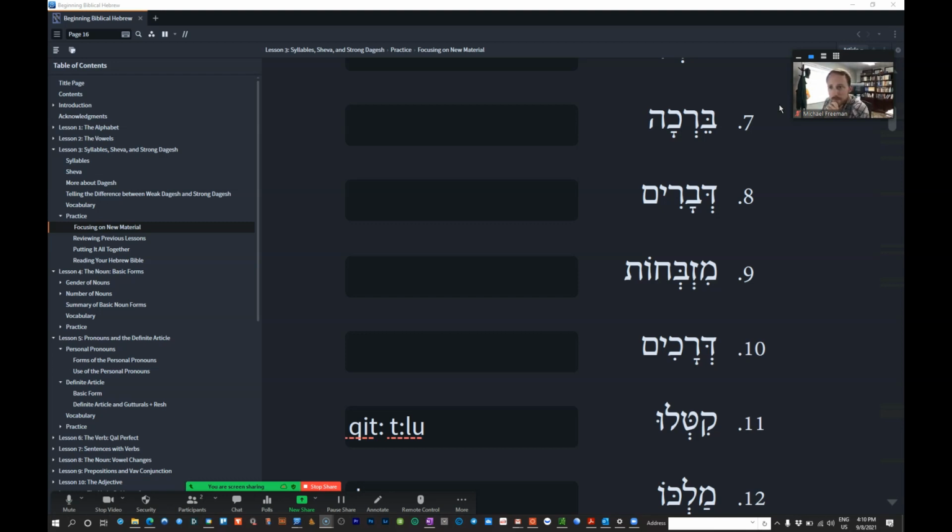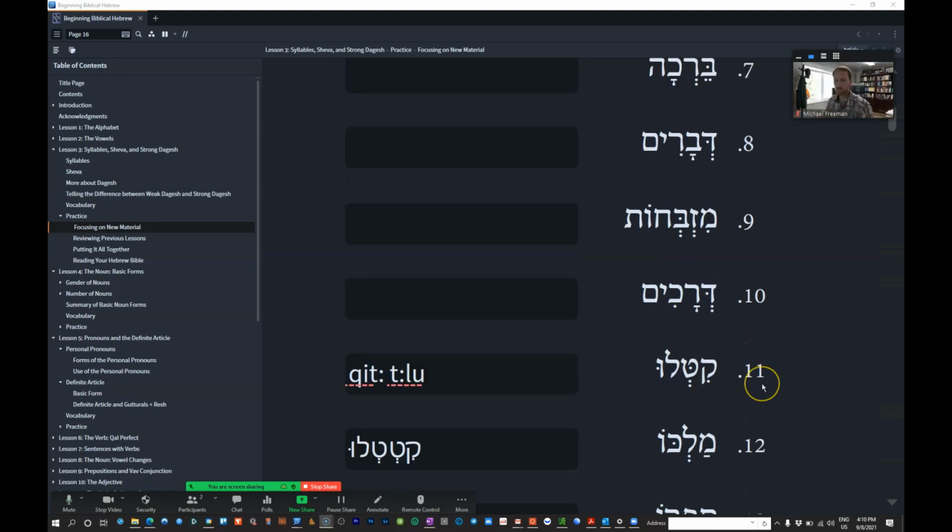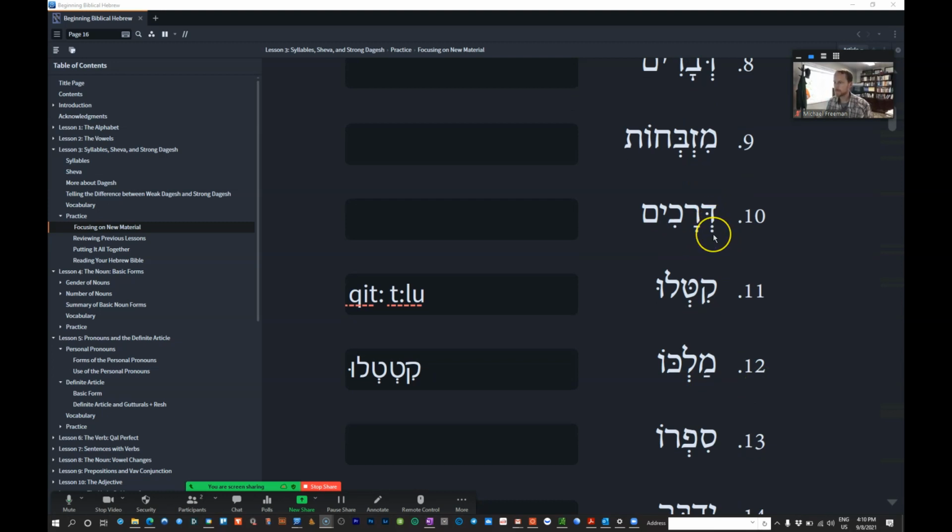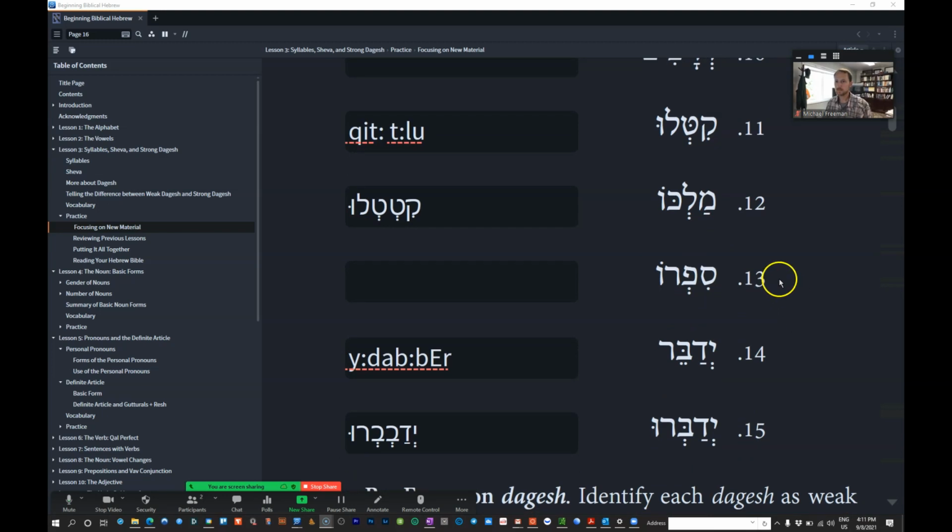All right. So, number 9, we can apply this internal consecutive cheval rule that says the first one is silent, the second one's vocal. But if we don't want to memorize another rule, short is silent will get us there as well. Number 10, again, we could memorize the initial cheval rule, but short is silent will tackle this one as well. Is this cheval preceded immediately by a short vowel? No, it's not preceded by any vowel, therefore it's vocal. As we keep going through here, we can see that the short is silent rule will cover all of these,